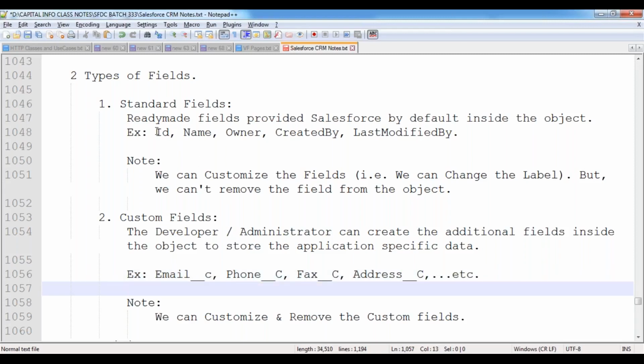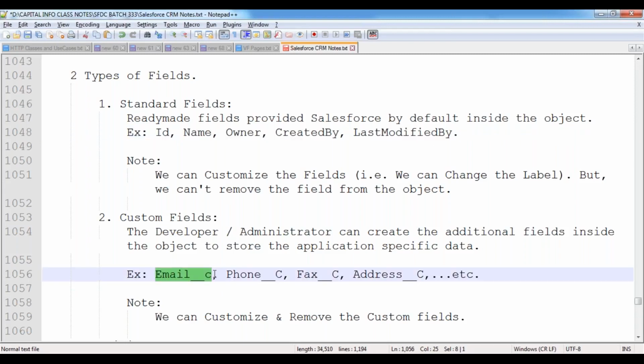Standard column names look like normal words, but custom column names are postfixed with underscore C, to know this is a custom field created by a developer or administrator. So just by looking at the field itself, we can understand whether it is standard or custom. Plain thumb rule: if it is a normal word, it is standard. If it is postfixed with underscore C, it is custom. This is the simple concept.